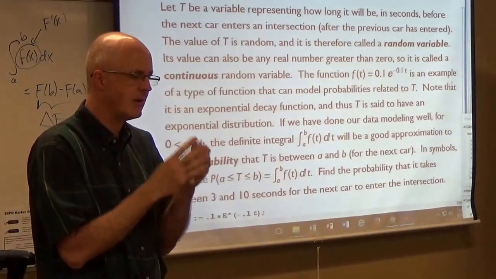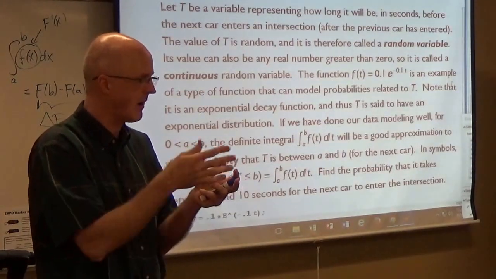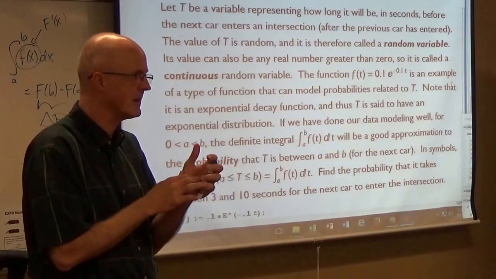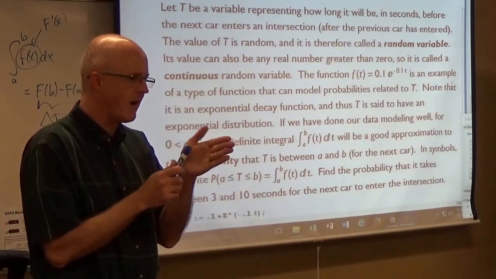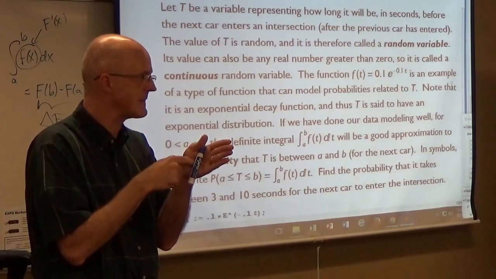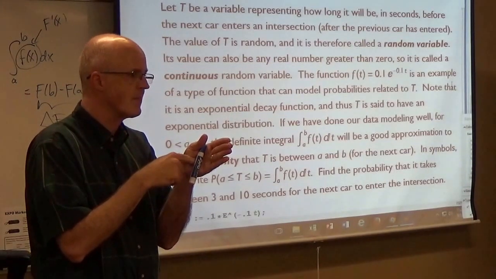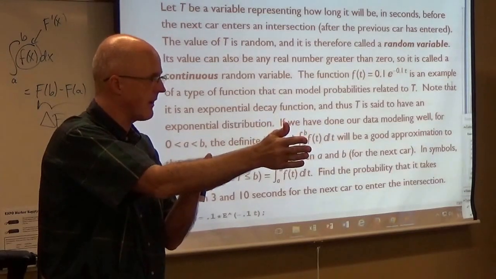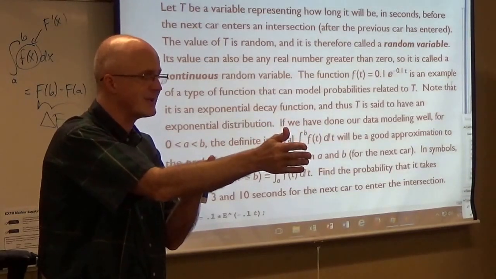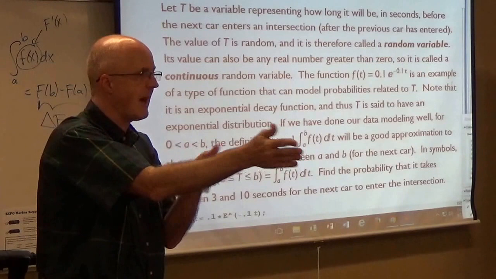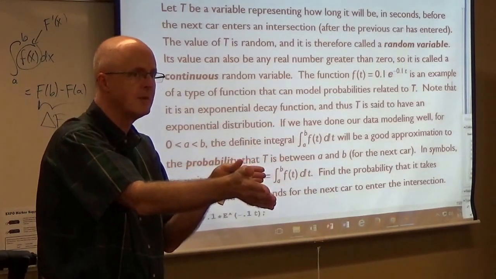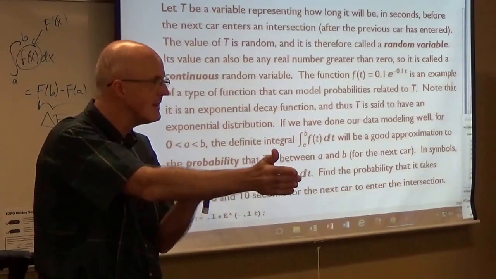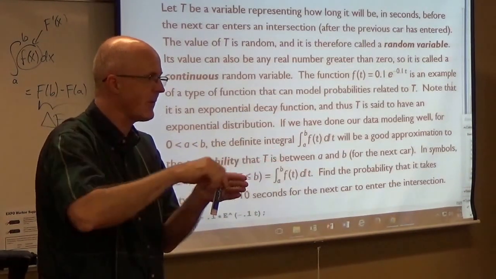We're imagining observing an intersection. Cars going through an intersection. We've got our stopwatch on our phone or whatever. The moment a car enters the intersection, we zero out the stopwatch, and we hit it again the next moment the next car enters the intersection. Okay? How long did it take for that next car to come? Maybe 2 seconds, maybe 4 seconds, maybe 7.346 seconds. Took that long, you write it down,